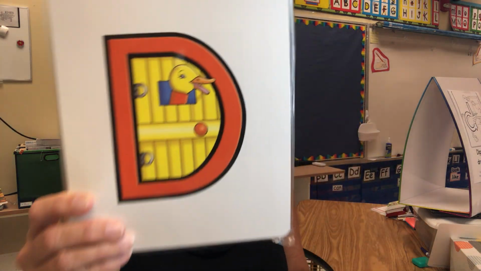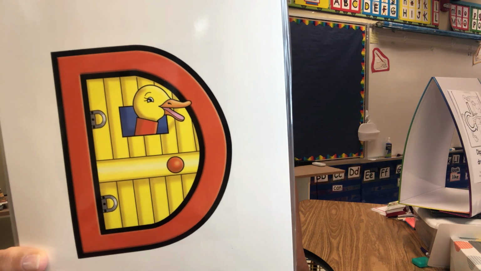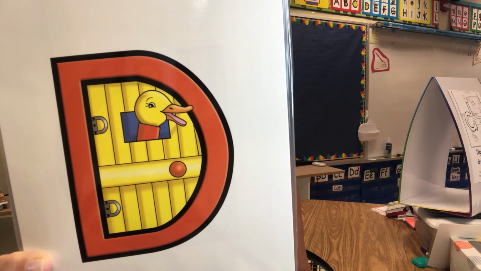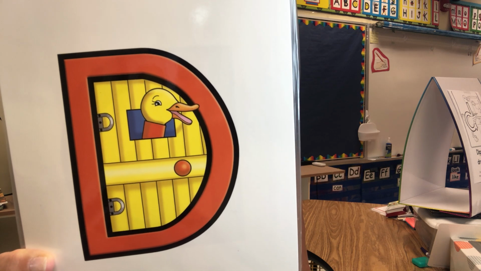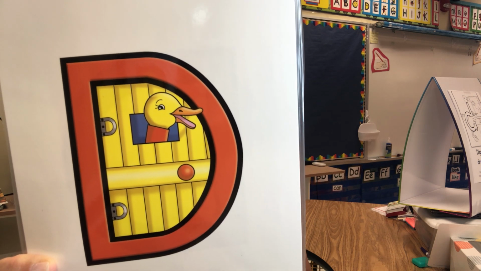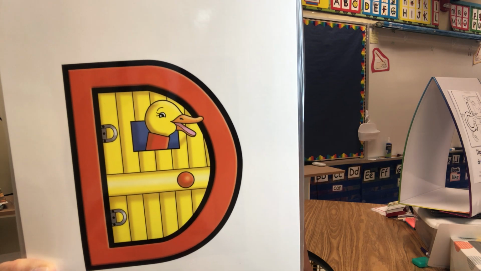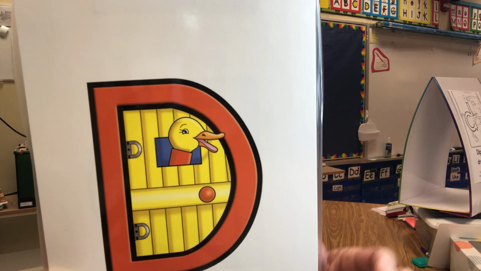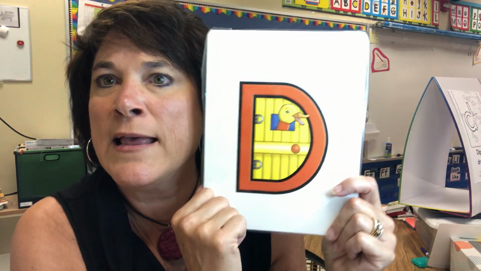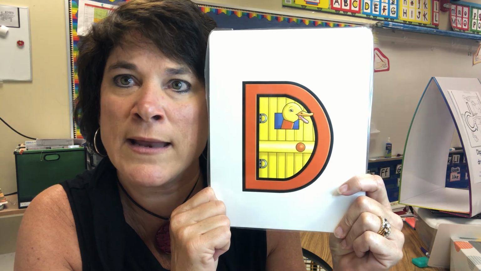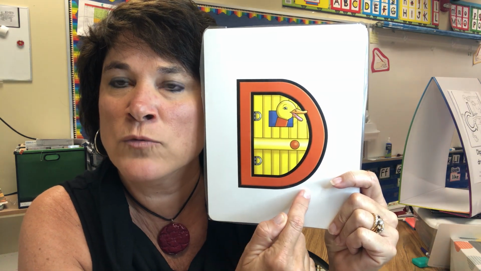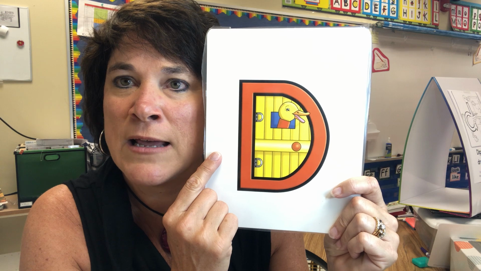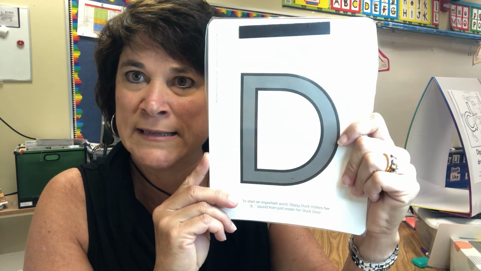So I want you to look at this picture. This is Dippy Duck in Dippy Duck's den at the edge of her duck pond. See how her capital letter or uppercase letter shape is the shape of her duck door? Which way is she looking out of her duck door on this card? As she makes her usual sound, D, she is looking out of her window here in the reading direction, the direction that we read in. We read from left to right. So she is looking in the reading direction out of her duck den door. So uppercase letter D,